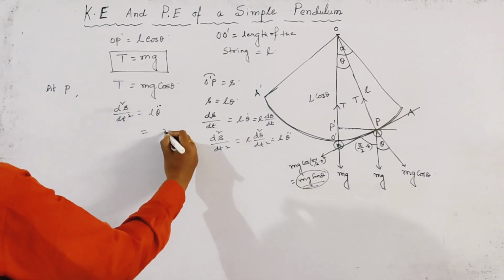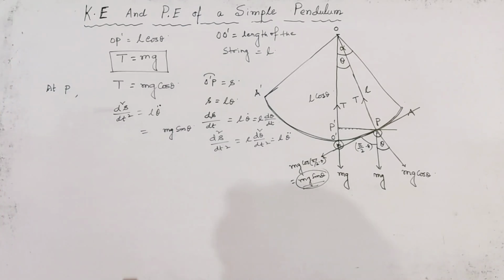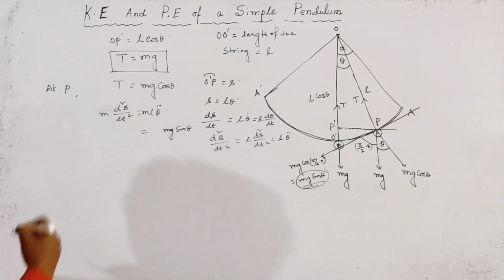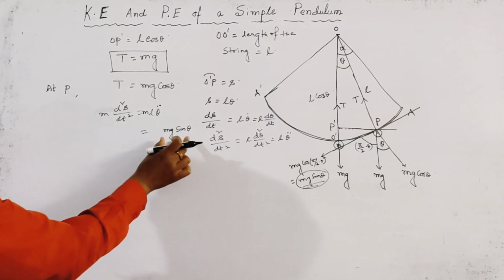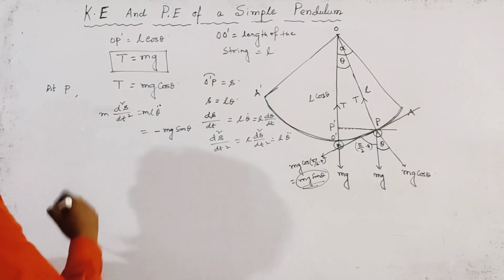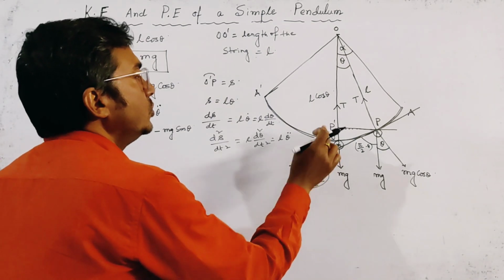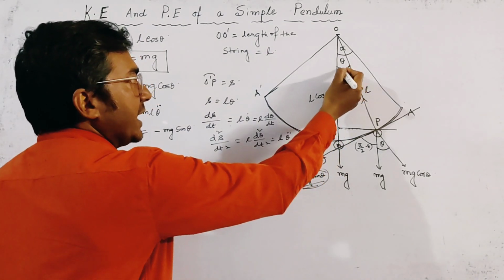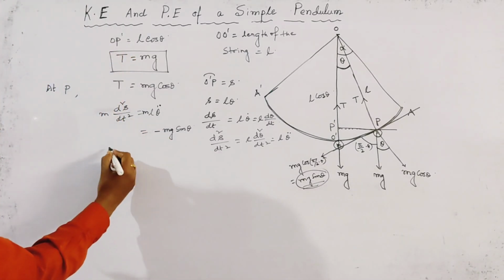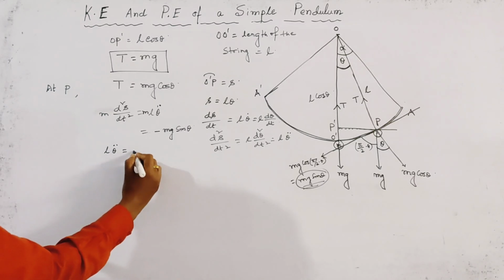So we put here mg sin theta, and also we multiply by m here because the mass of the particle, so this is mf, and this is also the force. Here also a negative sign must be added because this force tries to decrease the angle theta. Okay, so we get the equation of motion as L theta double dot